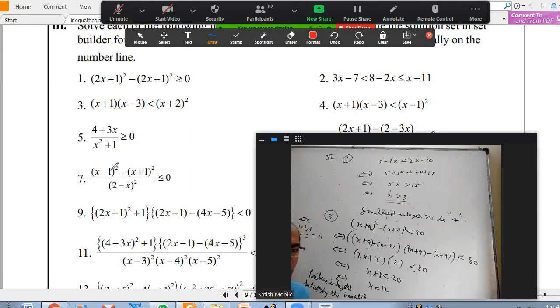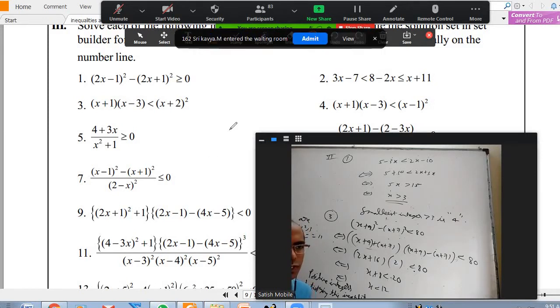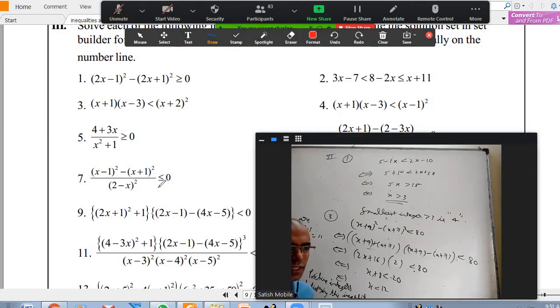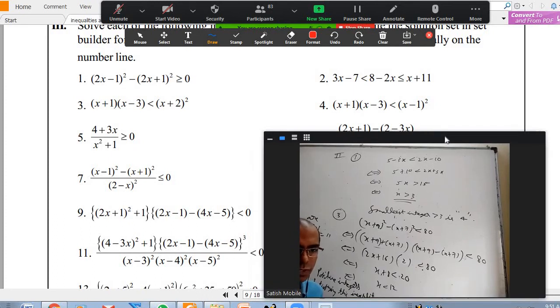If you substitute x equal to 2 in the whole question, I don't know what will happen to the numerator, but the denominator becomes 0, so it will not be defined. Other than that, no problem. It is always positive, I can multiply with that. Inequality will not change. So this section 3 is almost same as section 1, but with a little additions like this. We have to be a little careful about these slight nuances. As we do questions, we'll get some clarity.